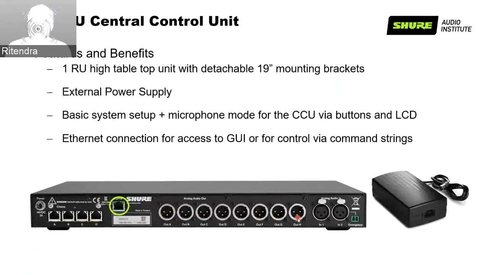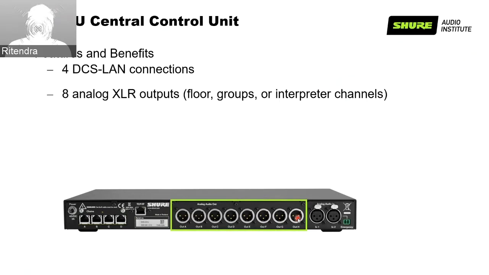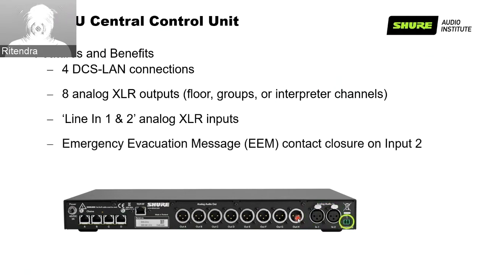Yeah. Talking about the central unit, it's 1 rack unit. It is having an external power supply. Built-in basic system setup offers web GUI control, and you can control via third-party command strings. It is having 4 DCS LAN ports to connect with the conference unit. It's having 8 analog outputs you can configure for floor, group, and interpreters. It is having 2 line-in inputs to connect an external microphone. It also offers an emergency evacuation message on contact closure, so you can integrate with a fire alarm and other